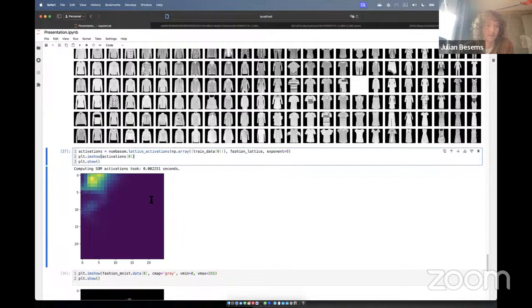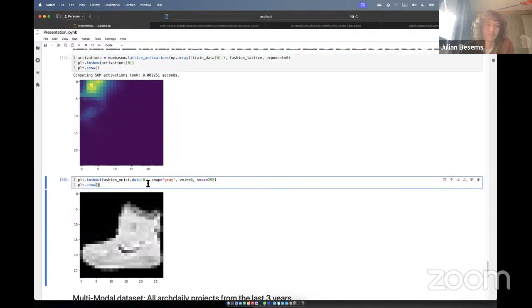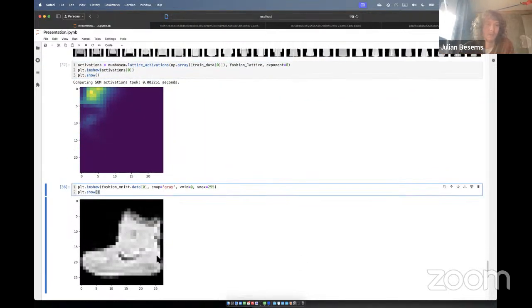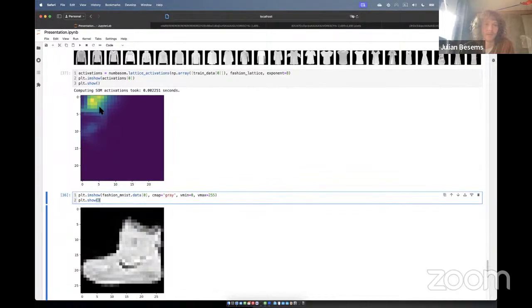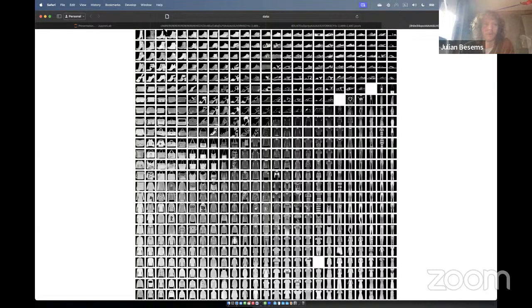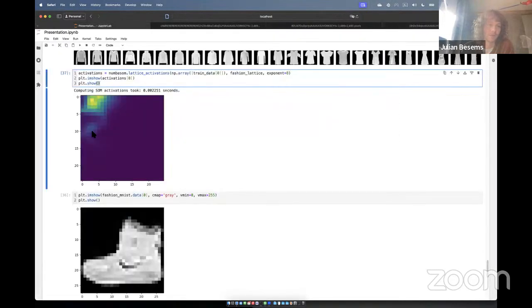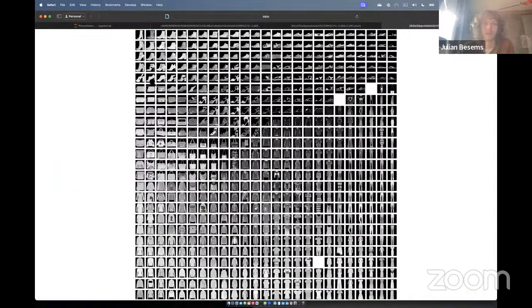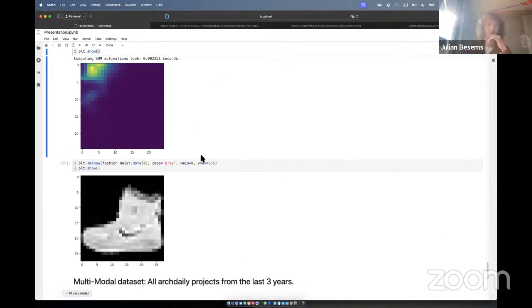So if we take the first piece in the data set, which is this particular shoe, and look at all of the cells in the self-organizing map and take the distance to this particular shoe, we get this outcome. That means that this shoe relates to this area in the overall map, and it doesn't really have any other interest. Well, a little bit over here, so it's still a bit more interested in what's going on there, but it's mostly very strongly in this area. Okay, that's for the overall general introduction.